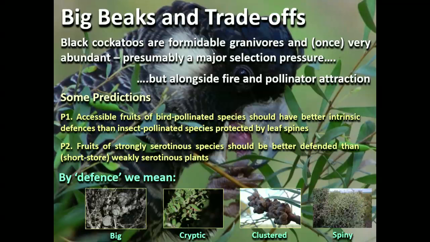And by defense, we basically mean one of four things. So that's called the cricket ball hakea. For those of you who know about cricket, that will be self-evident. If not, a cricket ball is about that big and hard. That seed, or that fruit, is very hard and very big. Equally, we could also have cryptic fruits.